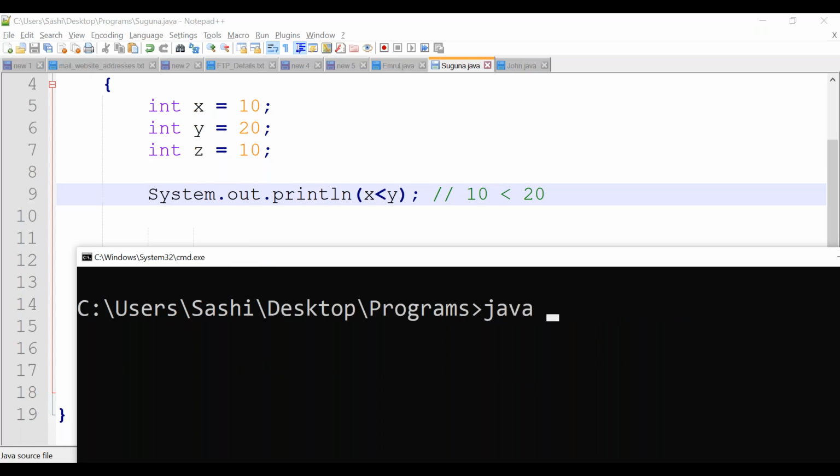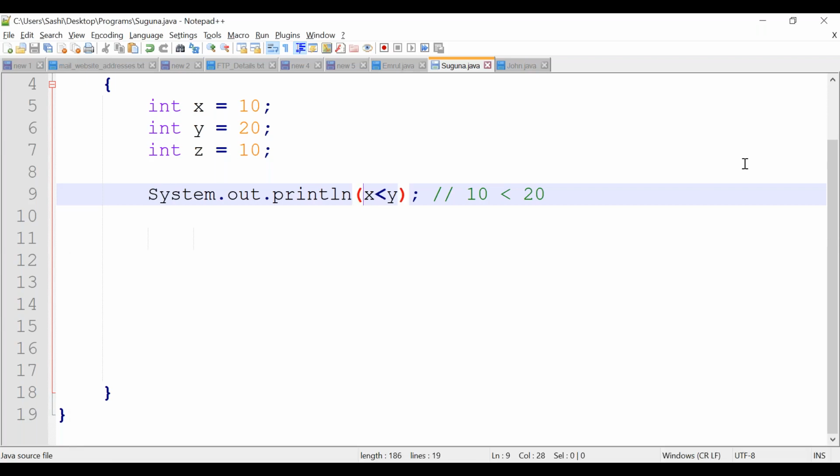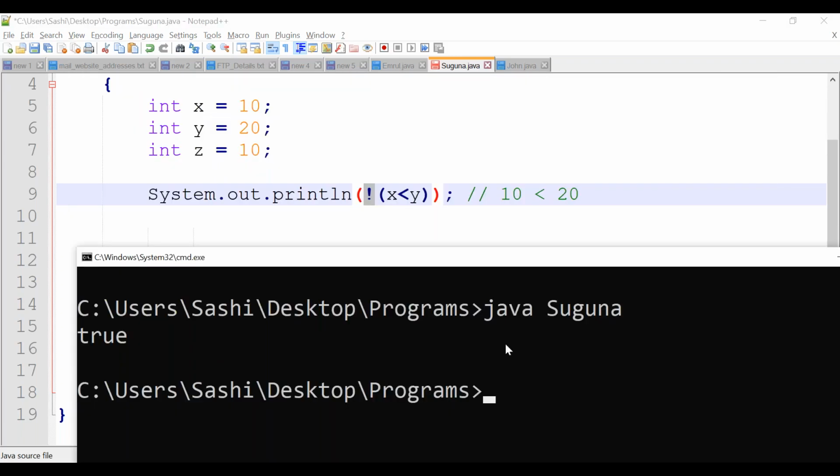Let's run it. See, we are getting true. Suppose I mention the logical operator, you put it in square brackets, the result should be the opposite. Here it is returning true. If I mention the exclamation, logical NOT, it will become false. Now X is less than Y returns true. I am mentioning it as logical NOT, then it will return false.